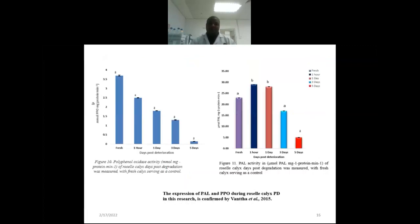The expression of polyphenol oxidase, which is the enzyme responsible for browning of fruit during deterioration, was also expressed in these findings, and phenylalanine ammonia lyase was also expressed during deterioration of Roselle calyx. This finding is supported by